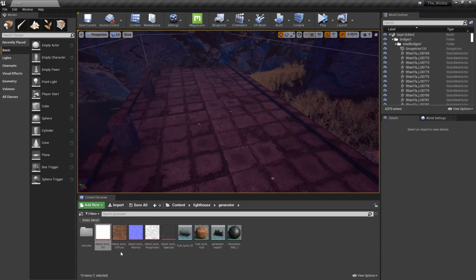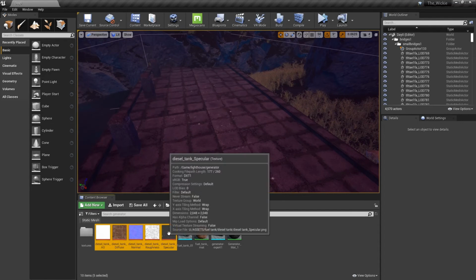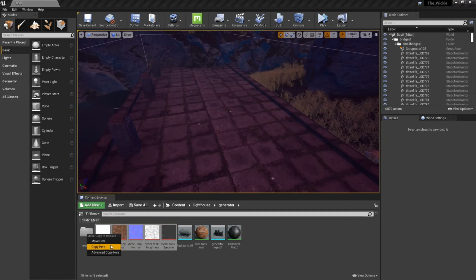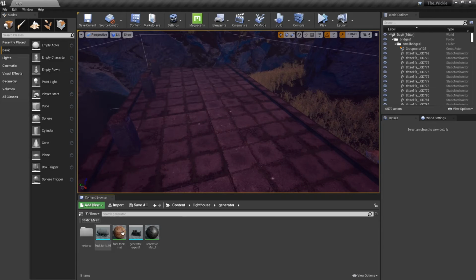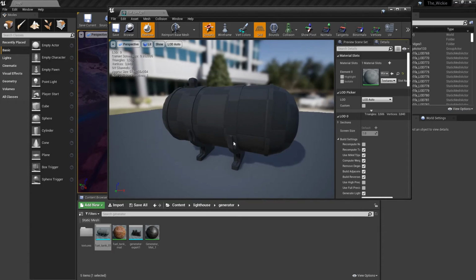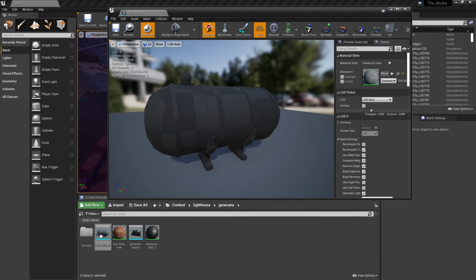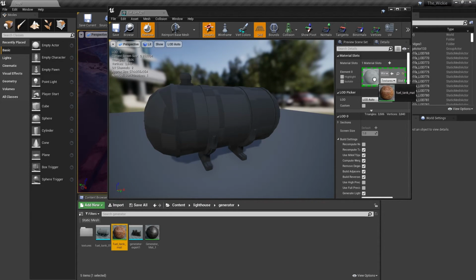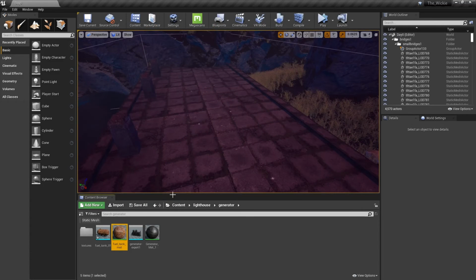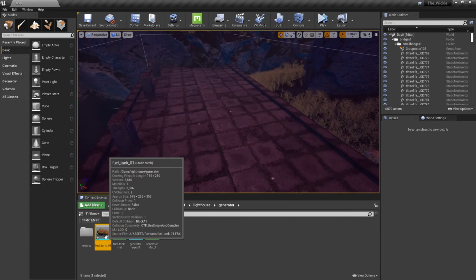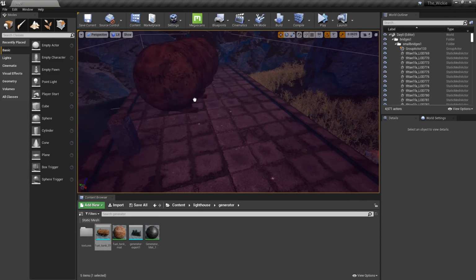Now, I'm going to move these textures that I've got here, so I'm just going to select them all and move them into my textures folder just there. And then if I open my fuel tank, so I'll just double click on it, there it is, and I'm going to drag this fuel tank material to there, like that, and just save it. And now if I just drag it out